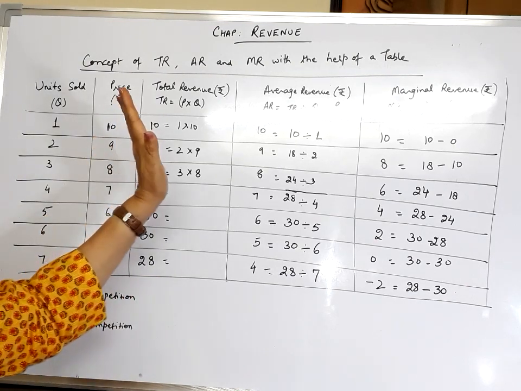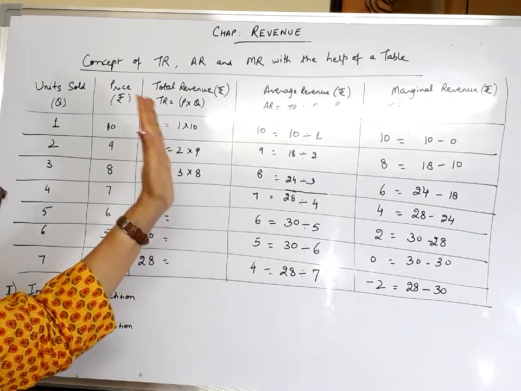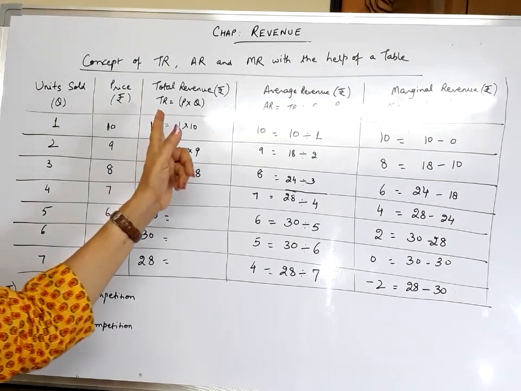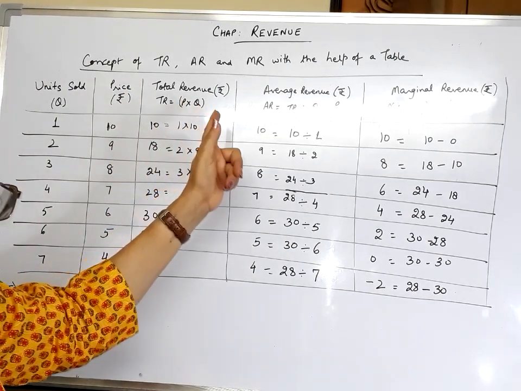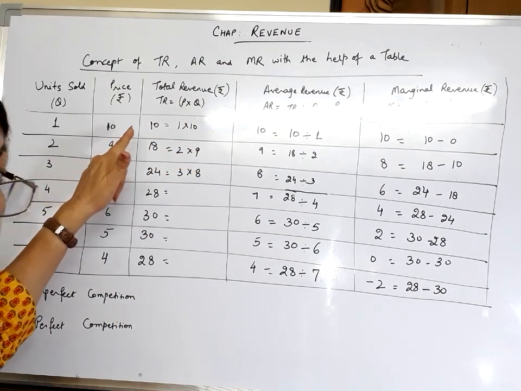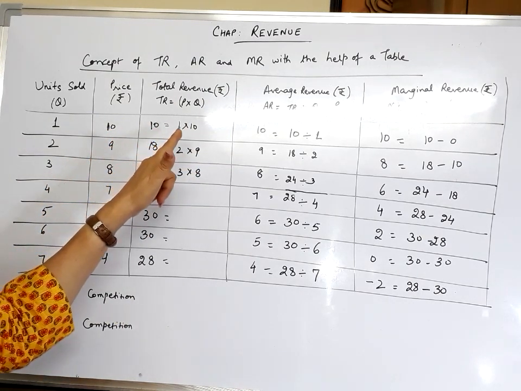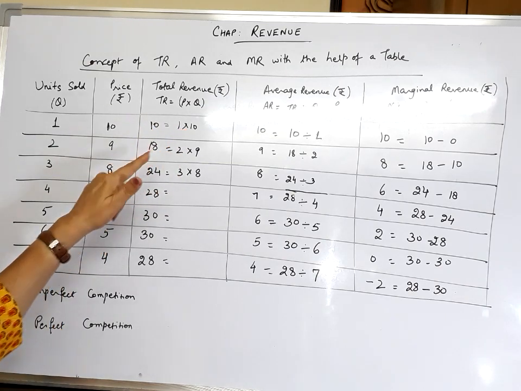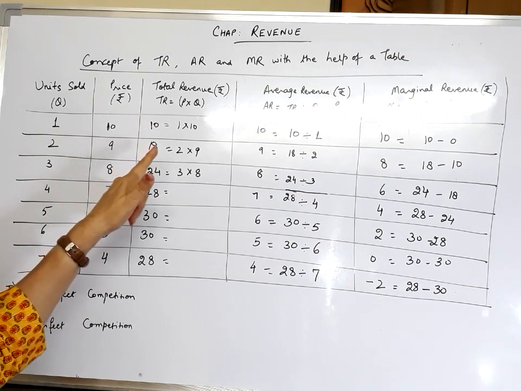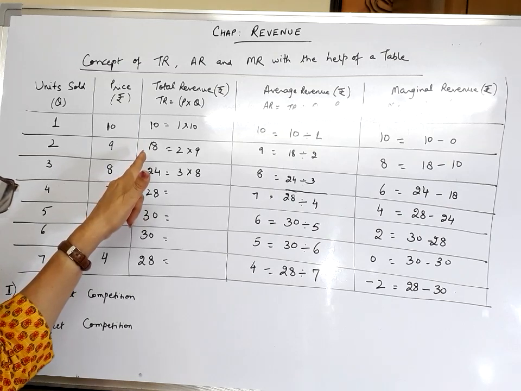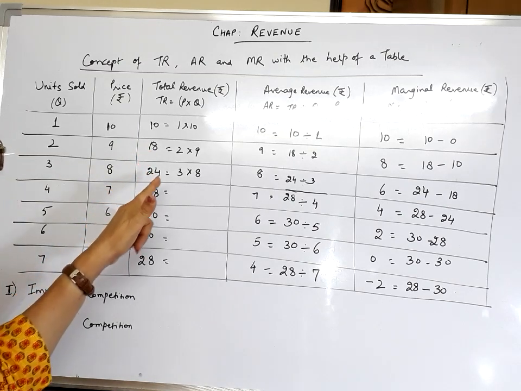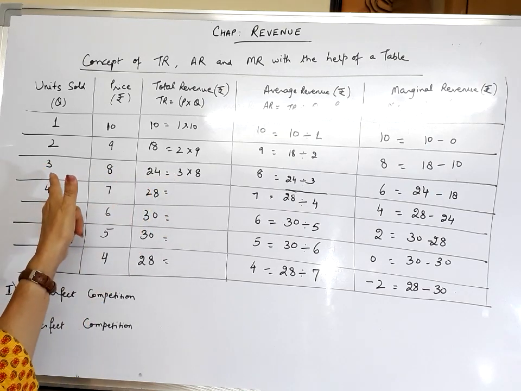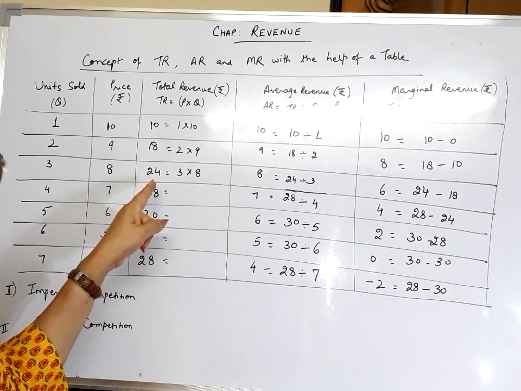Now let us calculate. You are normally given a numerical to calculate total revenue, average revenue and marginal revenue. To calculate total revenue, the formula is price per unit into quantity of output. So for 1 unit of output and the price is 10 rupees per unit, your total revenue works out to be equal to 10 rupees. For 2 units of output, when the price is rupees 9, the total revenue will work out to 18 rupees. When price is reduced further to 8 rupees, then for 3 units of output, the total revenue is 24 rupees.